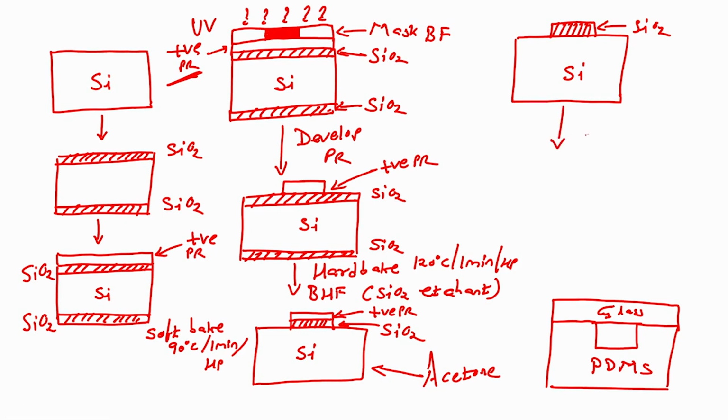Now, I will perform deep reactive ion etching, right. I have videos for you that will help you to understand how DRIE works. Right now, you have just seen in the previous slide how the process flow in DRIE works. There is an etching gas, and then there is a polymer which will smoothen the wall, again there will be etching, again there will be polymer, so that your wall surface is smooth. Now, after DRIE, what will happen? I will have